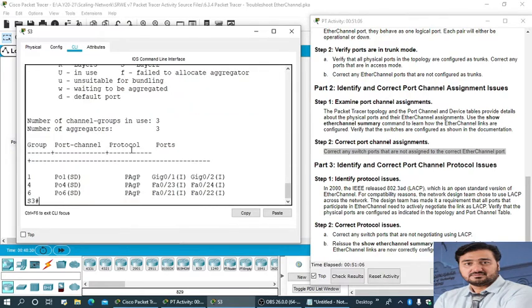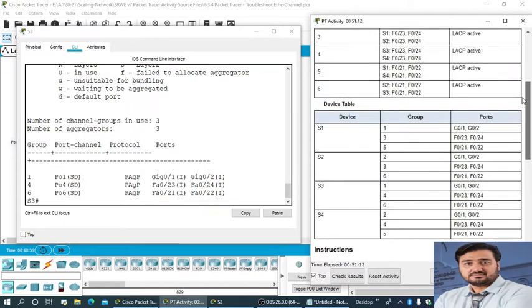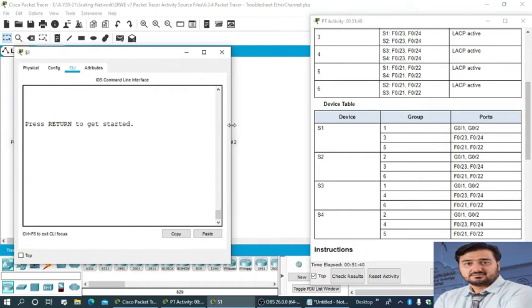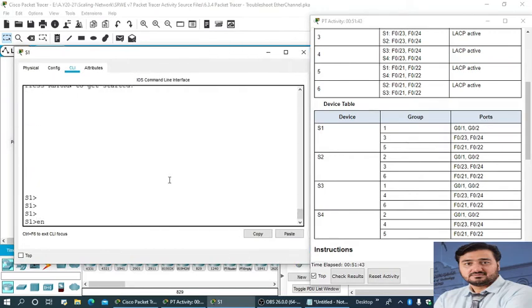You can see here we have the same port channel assignment. If you will come and see here, switch number 3, gigabit 0/1 and port channel 1, gigabit 0/1 and 2. So port channel 4, FA23 and 24. Port channel 6, 21 and 22. So it is correct. Now we can also double check here, so it has been assigned properly. The ports have been assigned properly or not. So then we can go to the next step, show ether channel summary.